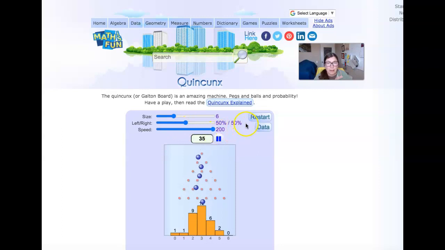We're going to keep everything else the same, restart it, and we're just going to run these marbles through the nails, and you can see that the bell curve just basically forms. Where do they land? It's a little bit to the left now, but if we wait long enough, we'll get a bell curve. It will look just like,